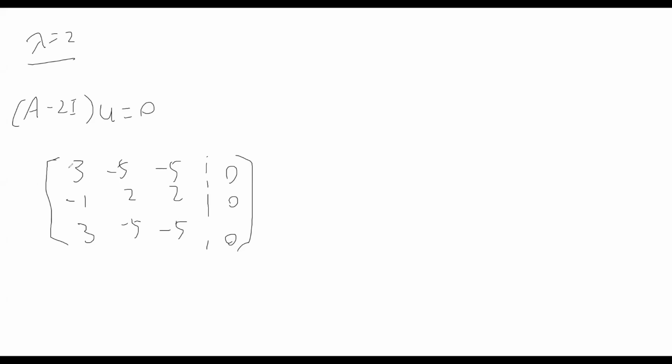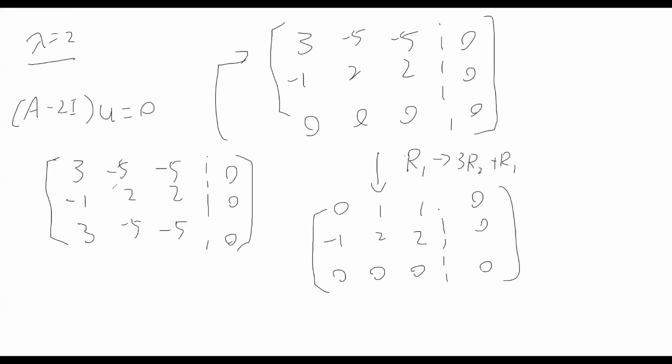As you can see, the first and the third row are the same, right? So we just have the first and the second row to work with. Okay, so this is what we have. After I perform some elementary row operations, I clean out the third row because it's the same as the first row, and then multiply row 2 by 3 and add to row 1. All right, from here we get that